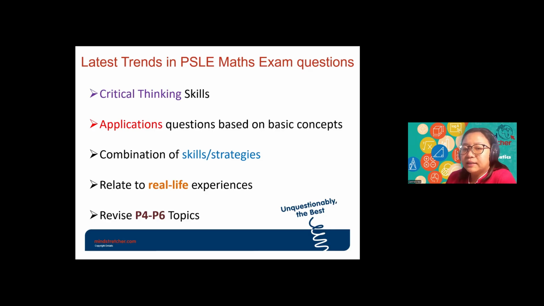That's the trend that we see in the recent PSLE problem. This is what we mean by combination of skills and strategy, right? In the past, usually one question you will only need to use one heuristic to solve. But because now, as I mentioned, they will break down, part A, part B. So sometimes in one context they will ask about different things which require you to use different strategies to solve.